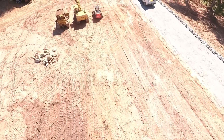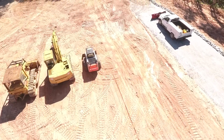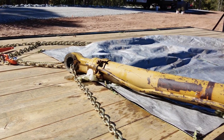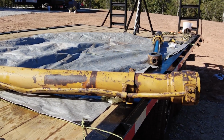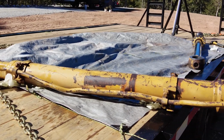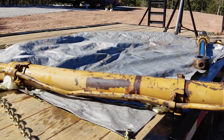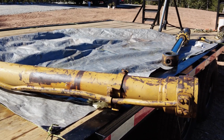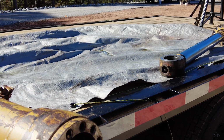So today we're working on the bucket cylinder on my Komatsu PC150. As you can see, it's had quite a life. It's gotten beat up, twisted, all sorts of things have happened to it over its lifetime. There's actually a slight bend in the cylinder tube. It doesn't seem to affect it too bad, so we're not going to worry about it. It's not worth sinking a bunch of time or money into, but it had a gland seal leaking on it, so